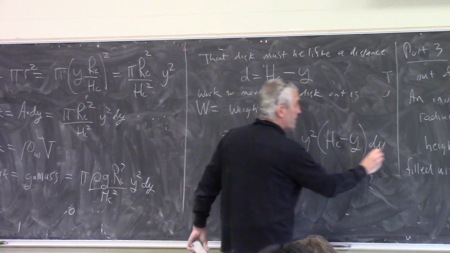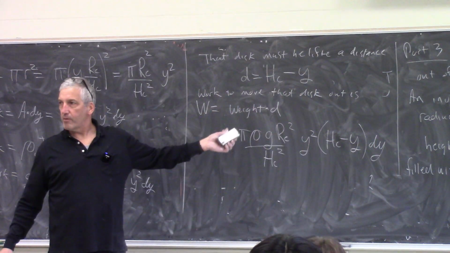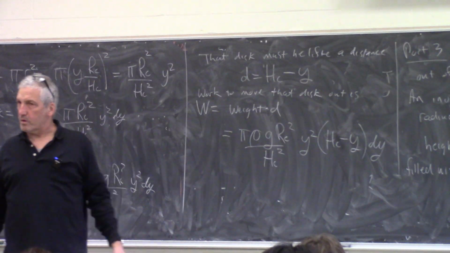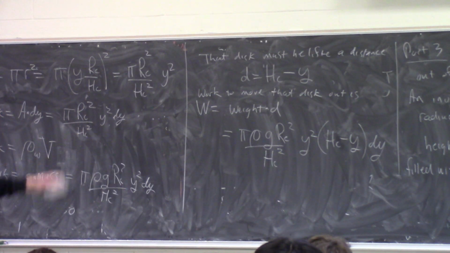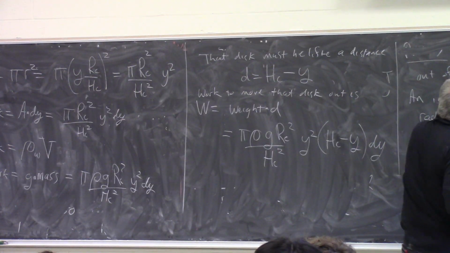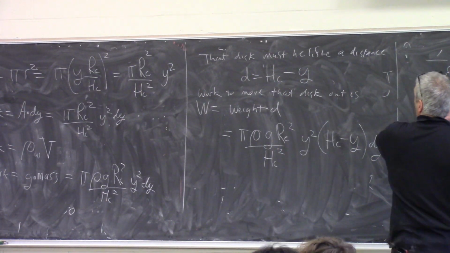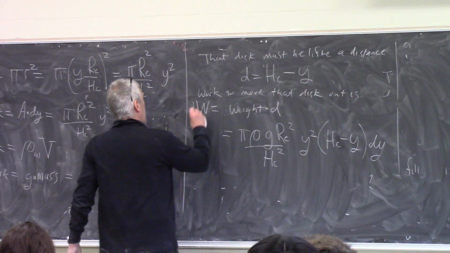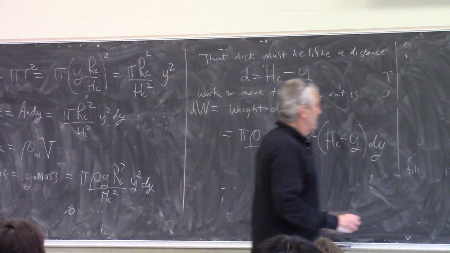Now, if you look in your book, every step of the way here they would have numbers. And again, this is how I recommend you don't work. Don't work by plugging in numbers. Just work in these symbols because you don't need numbers. And actually I should call that dW. So the total work